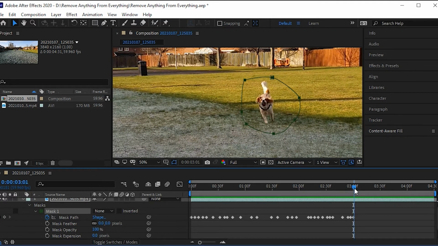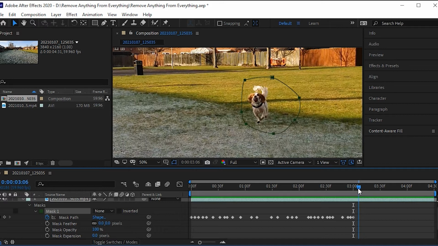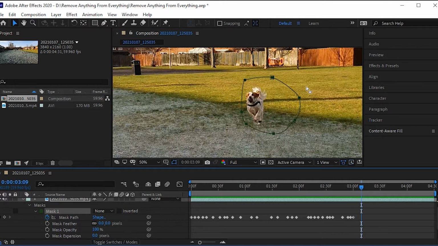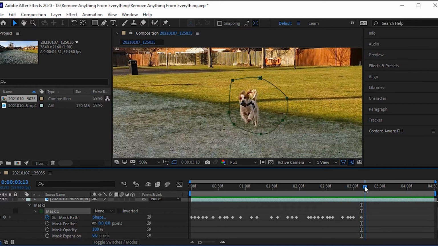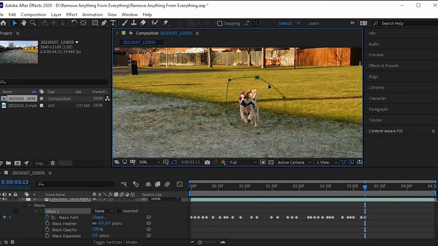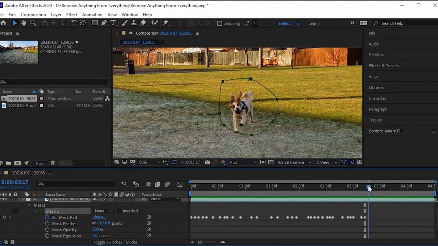I'm going to select the whole thing again. I'm going to move forward again, and we know we're okay until we get to about there, and then I shift it back this way. Gives her a bit of space. She does some sort of little jump there. I'm going to move that this way again. And yeah, she comes down here.